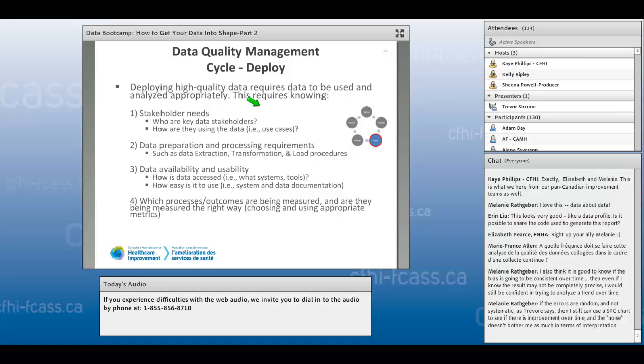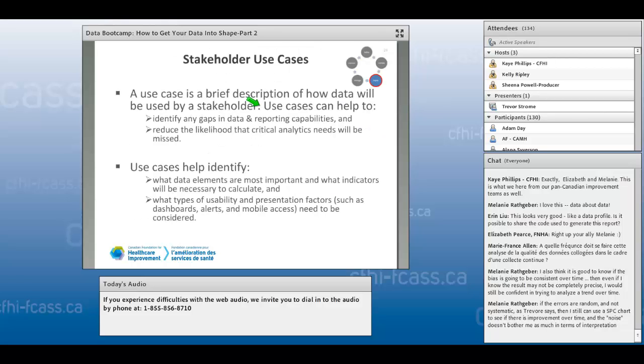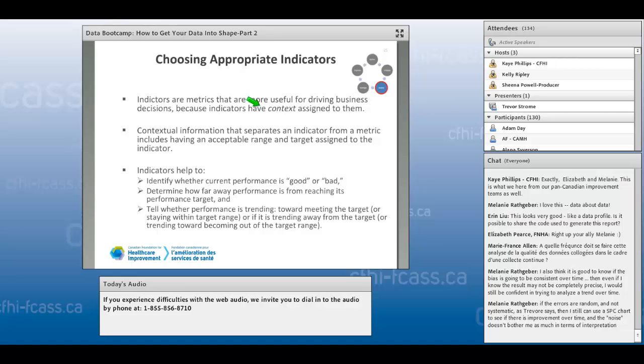And we also need to know which processes and outcomes are being measured, and are they being measured in the right ways. This requires us to build in measurements and metrics that are appropriate for the types of projects that we're undertaking. And this goes back to our earlier slide about being able to align our metrics and indicators with our strategic goals of healthcare improvement, for example. I'm going to just briefly skip that slide, but going into this one about choosing appropriate indicators,